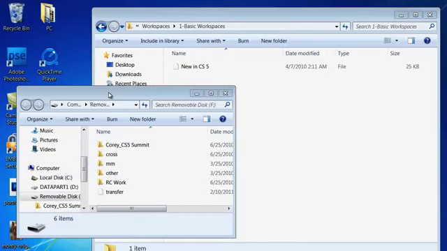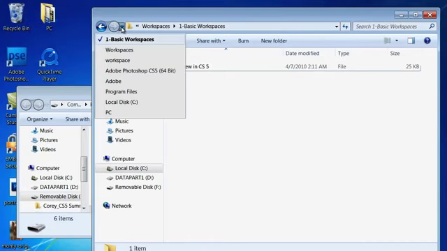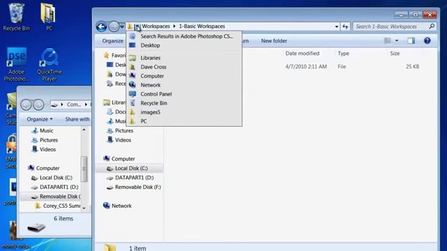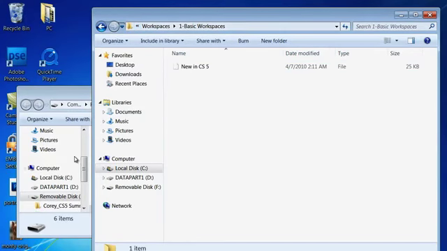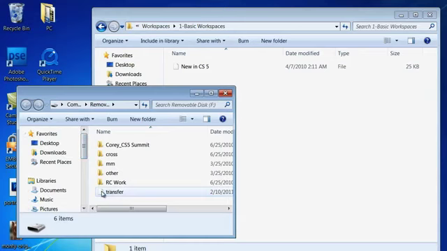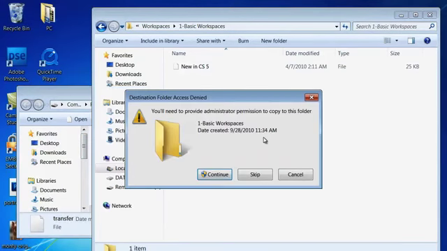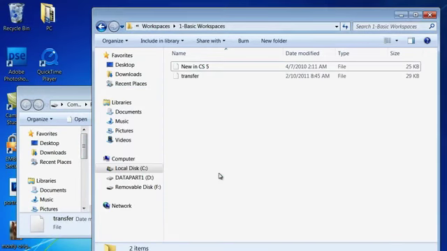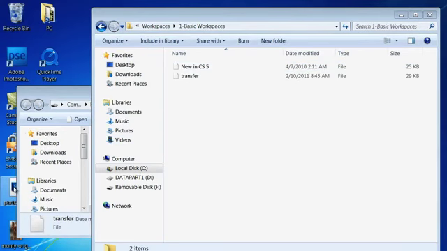Now here I am over on the PC, and I have put in my thumb drive. There's the workspace that I copied onto it, and this is where I am on the PC. I'm in Program Files, Adobe, and then Photoshop, and if you dig down you'll find the workspace folder. It will look like this, and it's simply a matter of copying it over. Put that in there, and then I launch Photoshop,